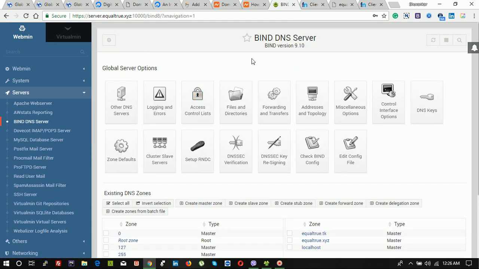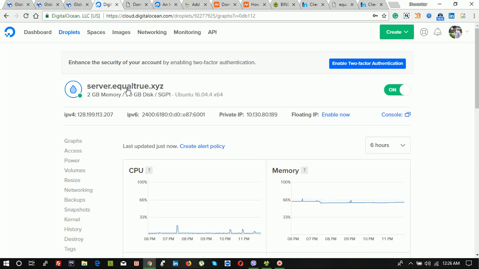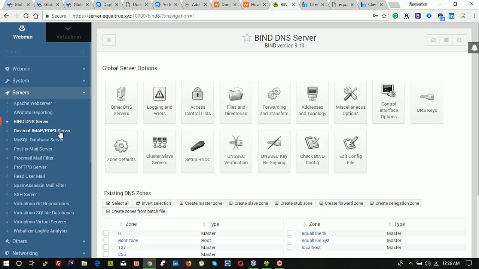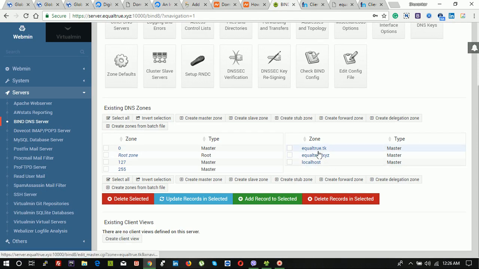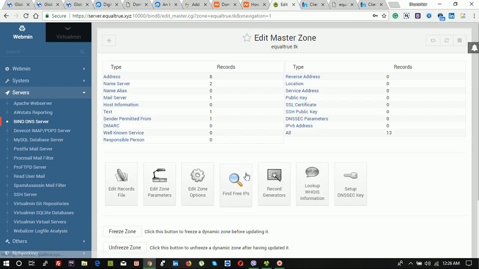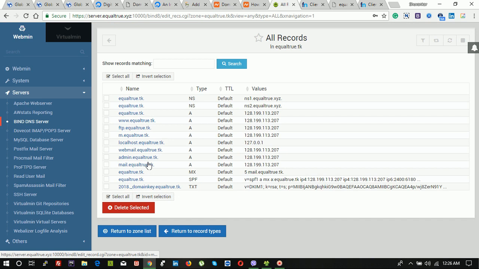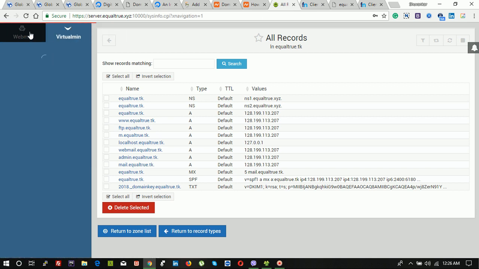The hosting provider company must have the option to change the DNS server. In my case I can change it from this DigitalOcean panel or my own custom panel. Here in my case I'm going to the DNS zone and all records. Here there is no NS record assigned for ns1, because I have already assigned a server on it.